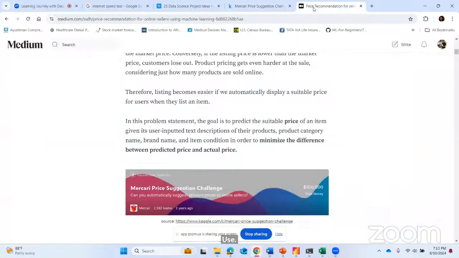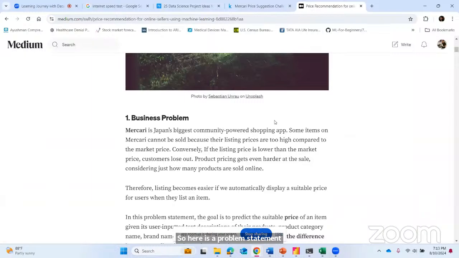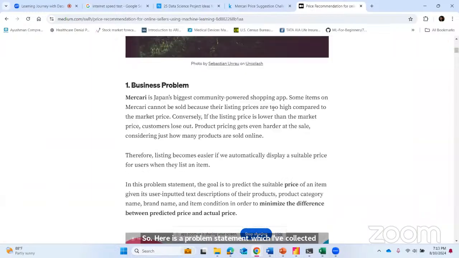Here is a problem statement which I collected from Google. It's a small problem statement. Here is Japan's biggest shopping community. They want to get profits by improving their sales.